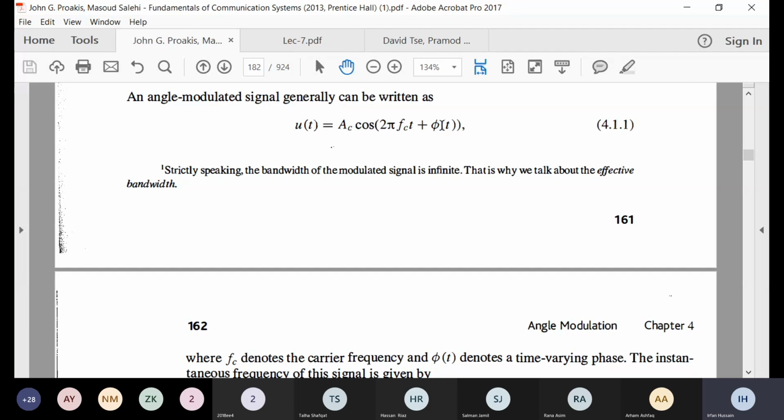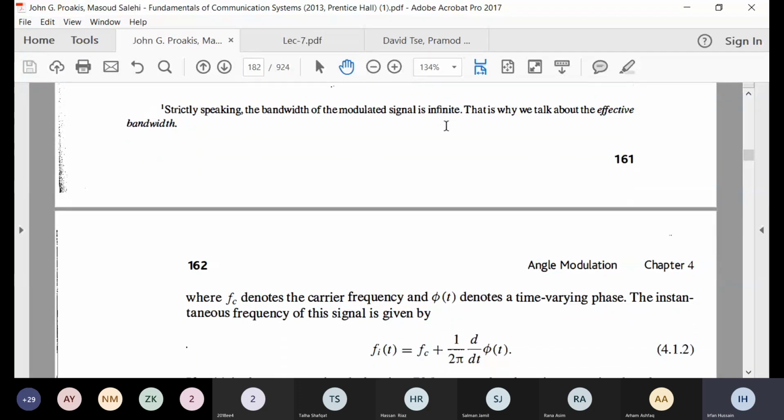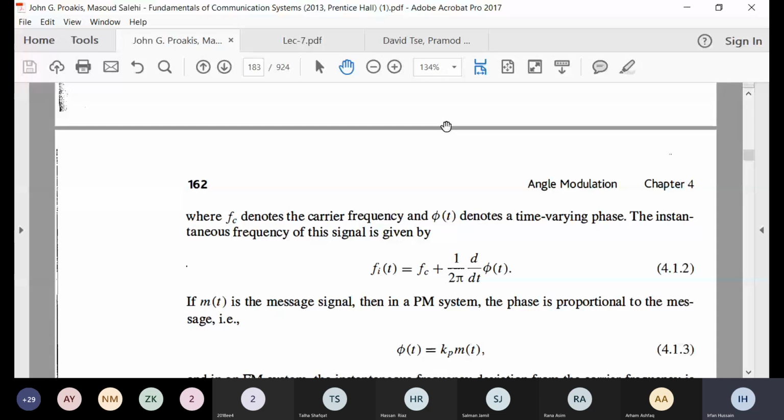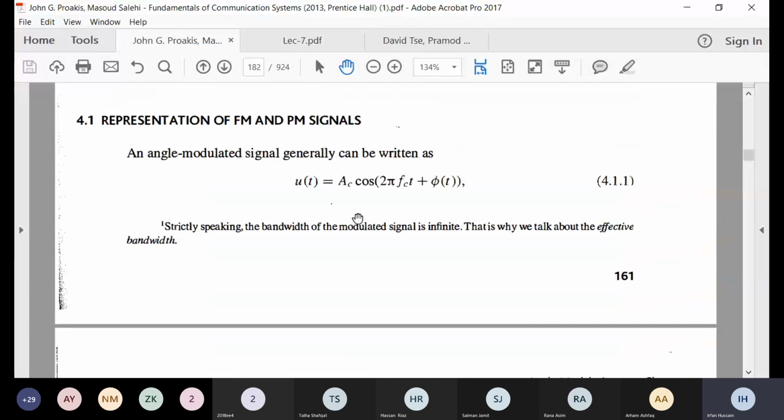So fc is the carrier and phi(t) is the instantaneous phase of your signal. Now we know the phase is always given as follows. The total phase will be 2 pi fc t plus phi(t),